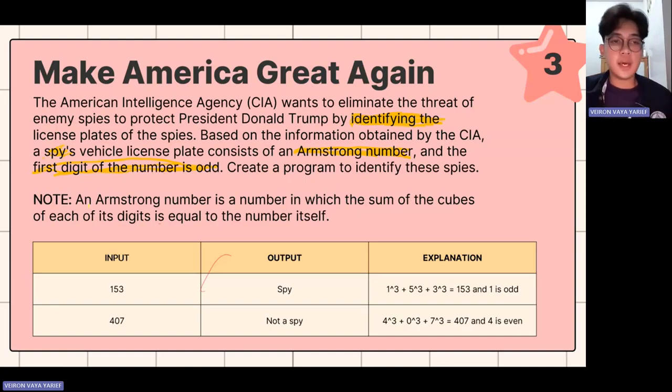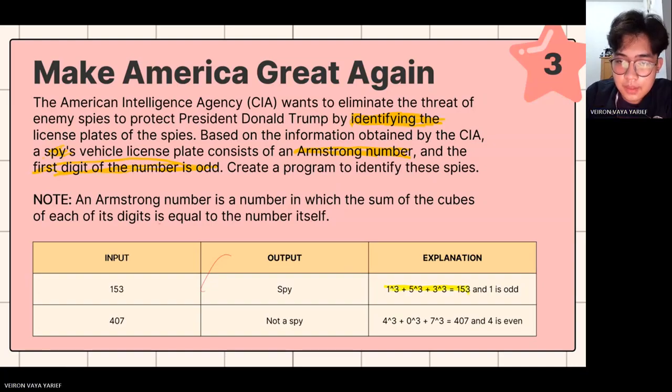Now the note: an Armstrong number is a number in which the sum of the cubes of each digit is equal to the number itself. It's hard to understand, but this is an Armstrong number.